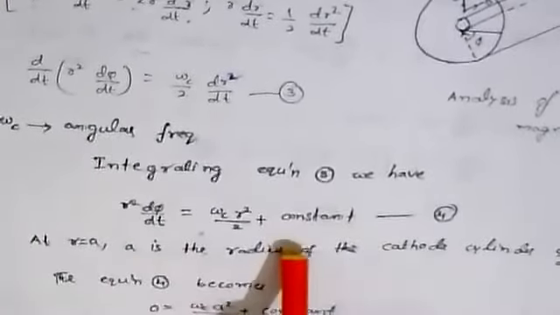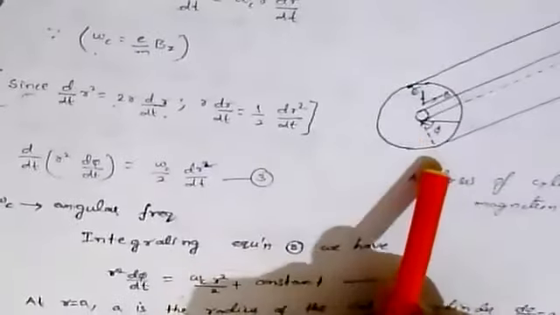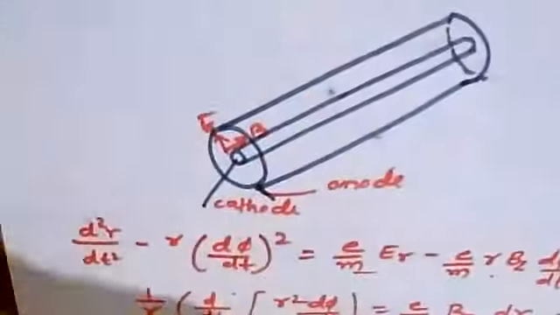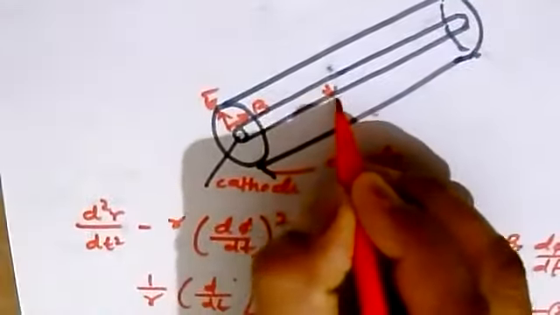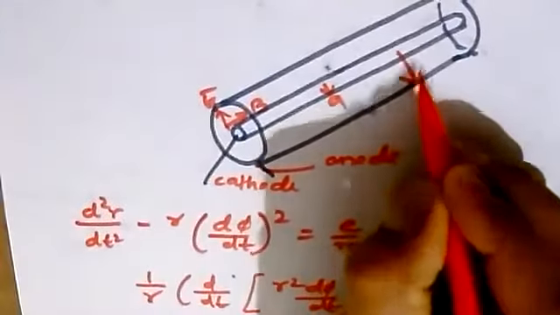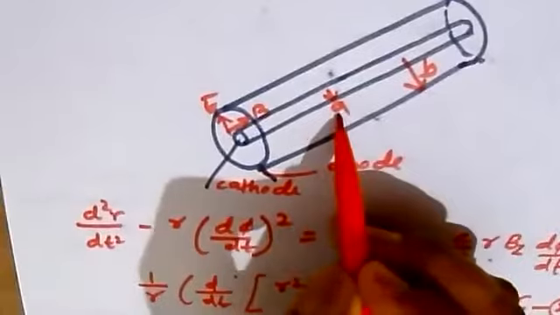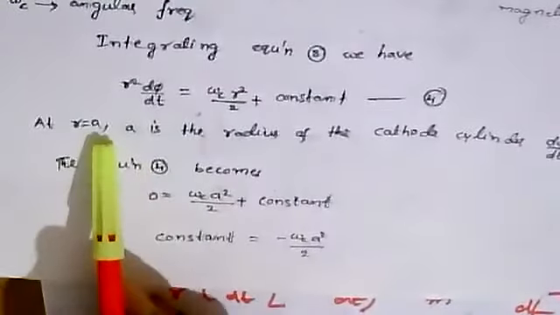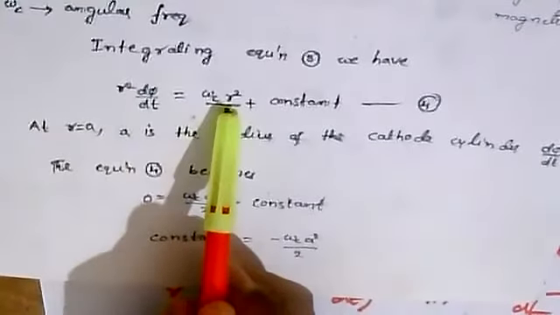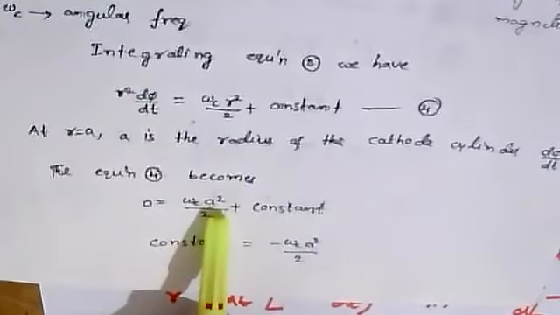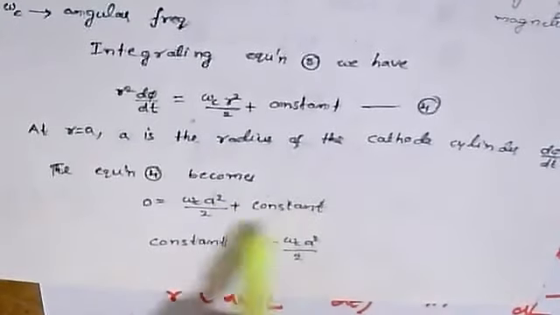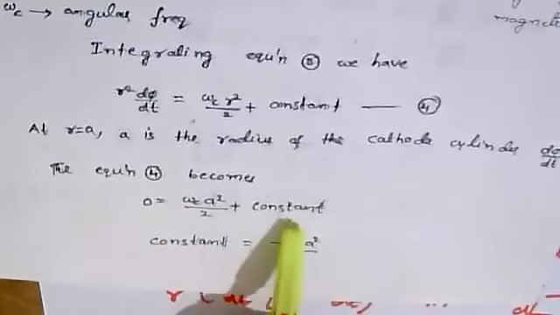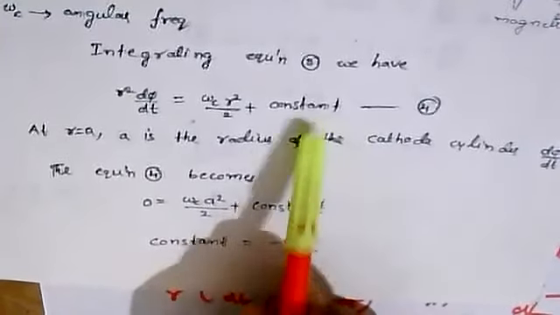Okay. So there are two radii. Here r is equal to a, the radius of the cathode, is taken as a, and the radius of the anode is taken as b. So we need to consider the radius a and another term, the radius b, and thereby simplifying we'll get the final expression. The radius a is substituted in the place of r, so we substitute a here and we'll get a square. Then we'll get some constant value. If we take that to the left side, the constant value is given. Substitute in equation 4.